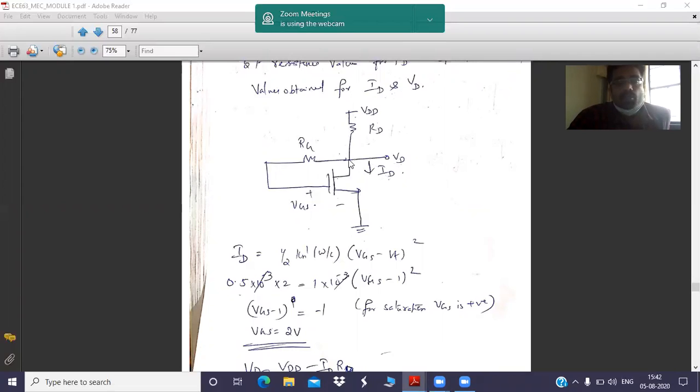Understood? Actually, the output is nothing but VD. So this much output you need. Total power supply is VDD. I'll tell once again, the total input power supply is VDD, out of which one portion of the voltage has dropped across RD. So what will be the output according to you? This you have to answer. I will keep on asking the question.